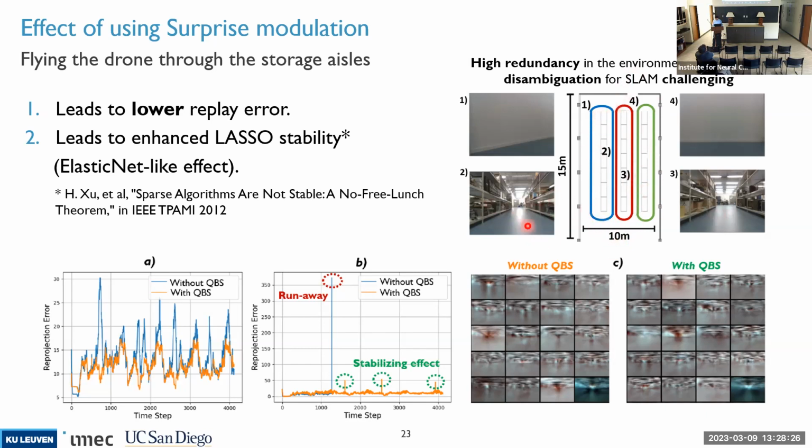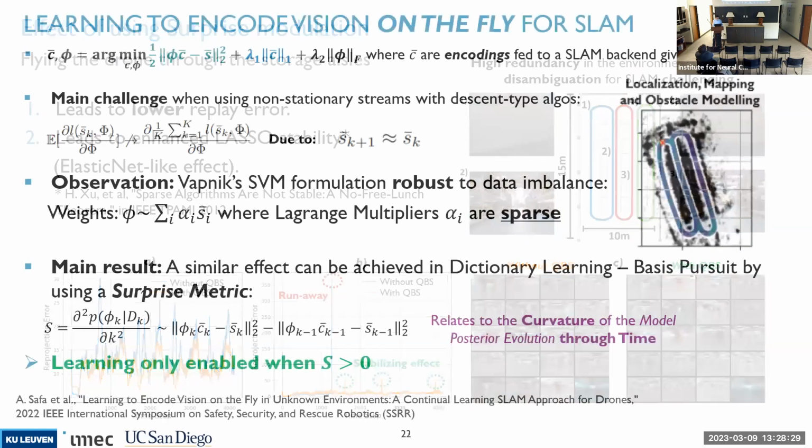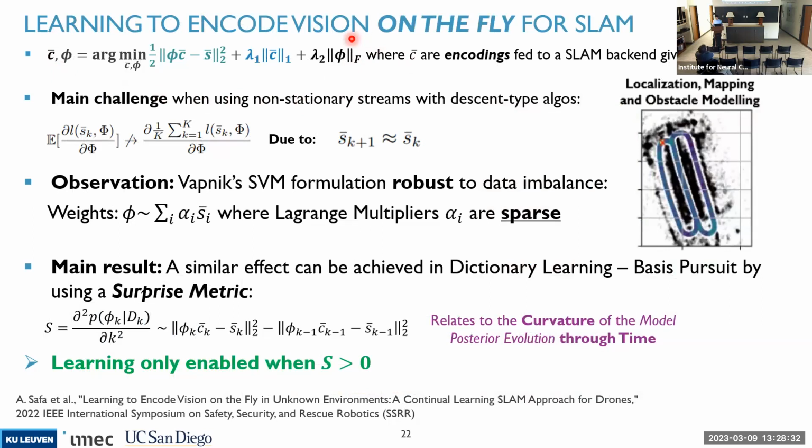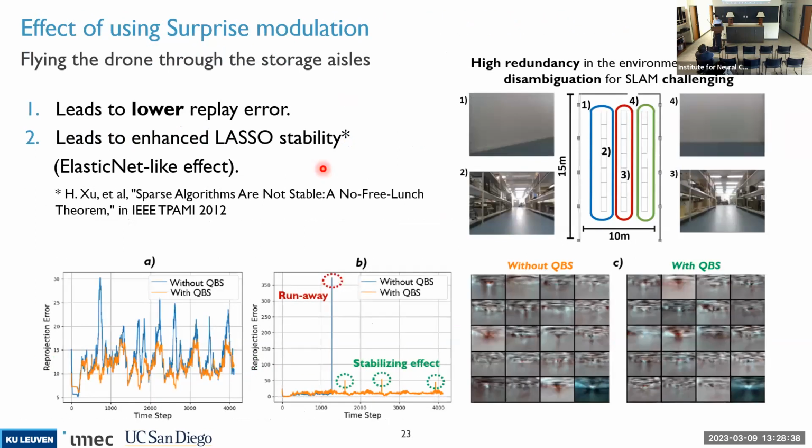We made our drones fly around, and we used the classical learning problem that we solved through just stochastic descent instead of the SNN version of it. So just feeding RGB data this time. We fed this RGB stream in its natural order. After the end of the flight sequence that we acquired, we simply freeze the weights and replay the whole sequence back. We want to see what is the replay error at replay time, and we do this comparison using the surprise method and not using the surprise.